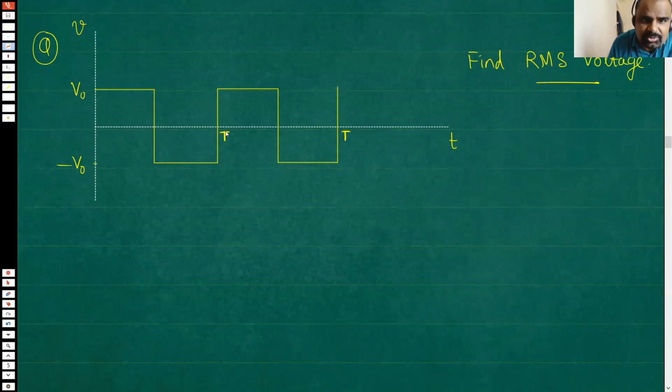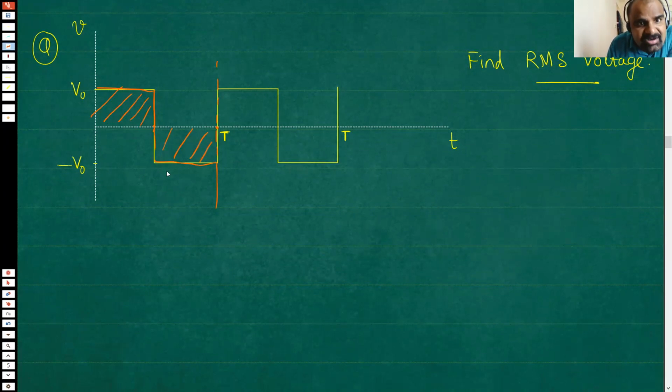here itself, if I want to show you, this is one time period. So we have to just focus from here till here because the other things are just copied. So for half of the time period, voltage is positive. So this area will be positive. And for the other half of the time period, voltage is negative. So this area will be negative.